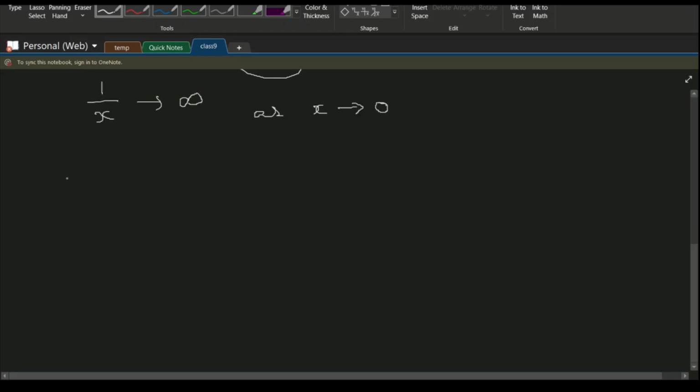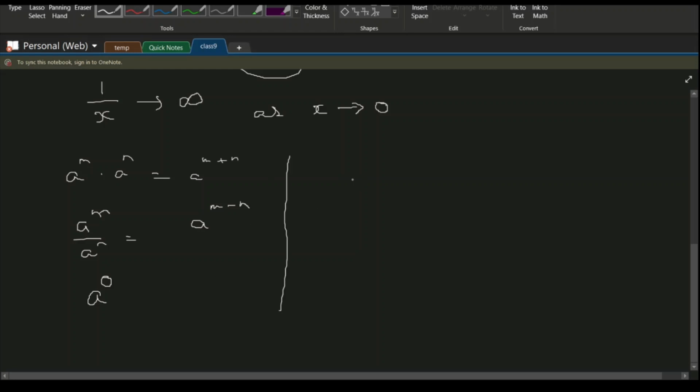So we saw two laws, okay? For a to the power m times a to the power n, the powers get added, and for a to the power m divided by a to the power n, we get a to the power m minus n. So these two we studied. Now what can we say about a to the power 0? Okay, so let's look at an example.